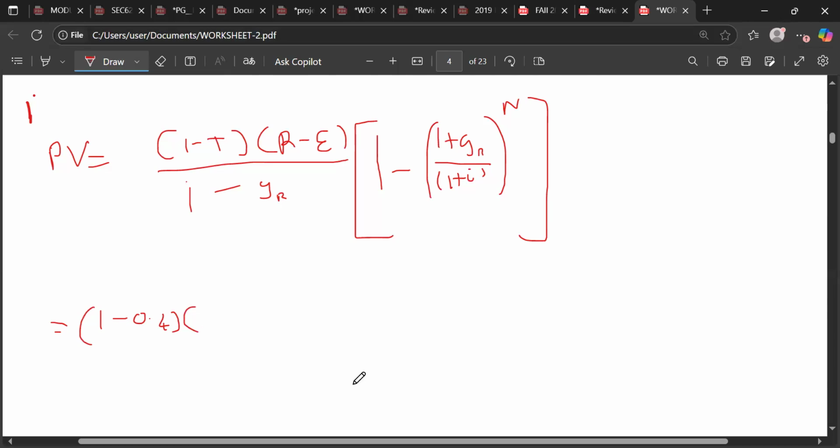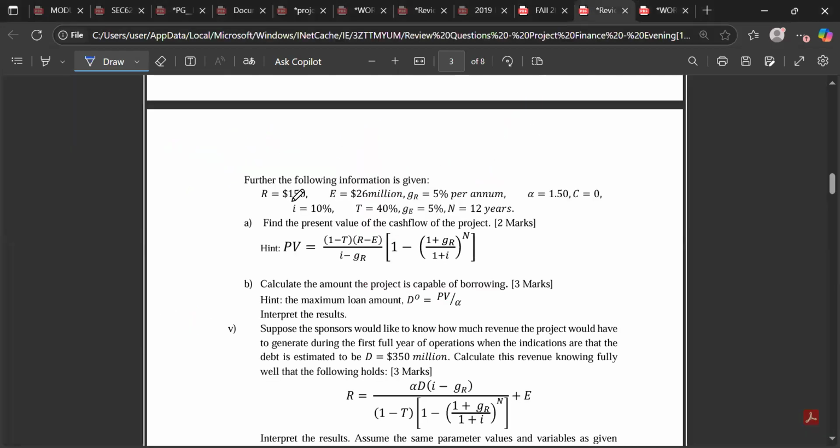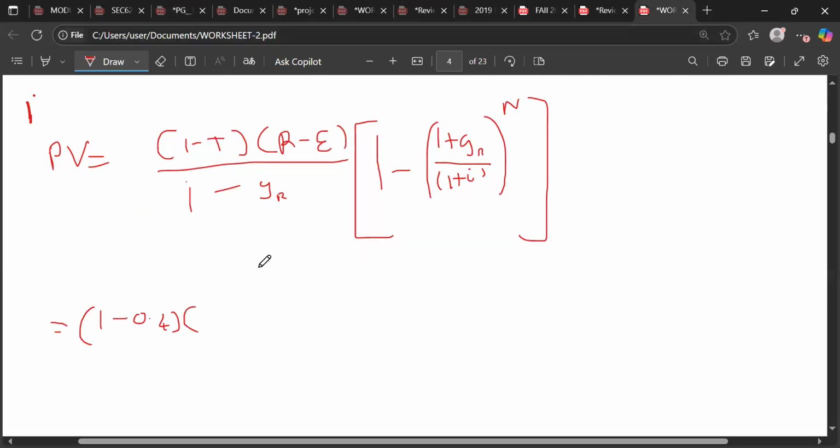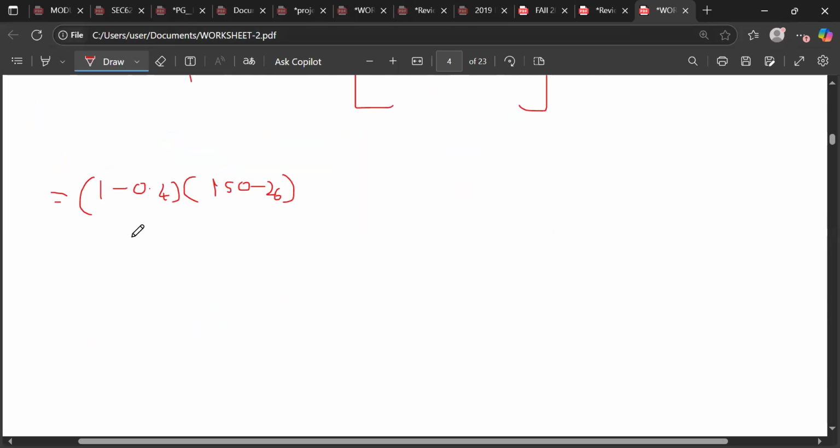Multiplied by our R, which is given to us as 150. It's supposed to be 150 million. Expense is 26 million. So R is 150 minus 26 here. And over